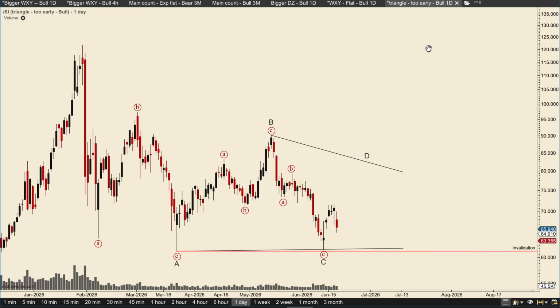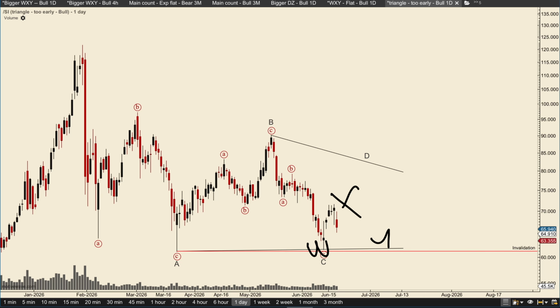So the other possibility, the triangle, here you can see that we almost invalidated this triangle. We didn't do it, but it came very close, and we hit an uncommon fib target as well for this triangle. So this triangle has a lower probability just because of us moving so deep, but it's not invalidated. That's important to know. And also, if we get more downside, this can turn out to be a WXY here